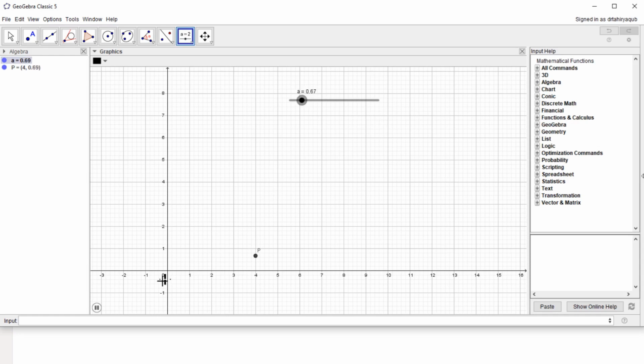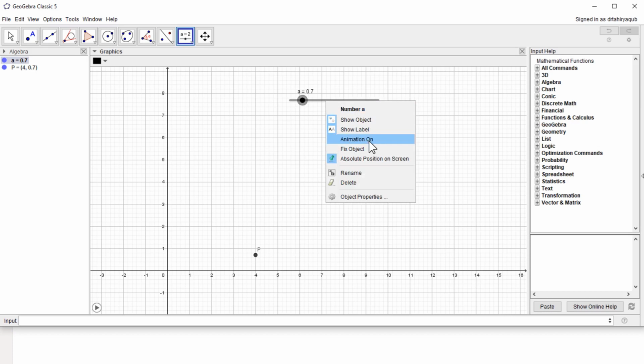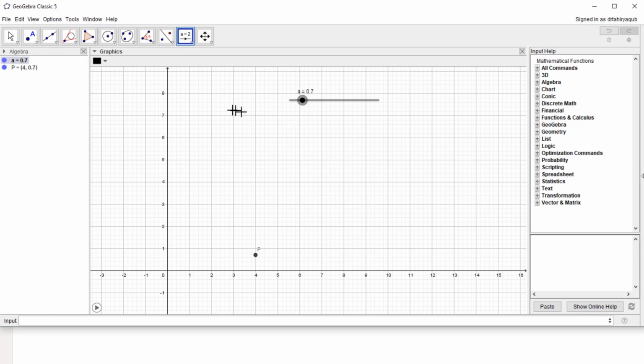And in order to stop this, you either click on this pause, or you can also click on this animation a second time and it will stop. Now let me give you very quickly another example, although it is not required. For example, you want to demonstrate to your students the changes in the value of sine of x when x is changing. So you can create an angle slider.